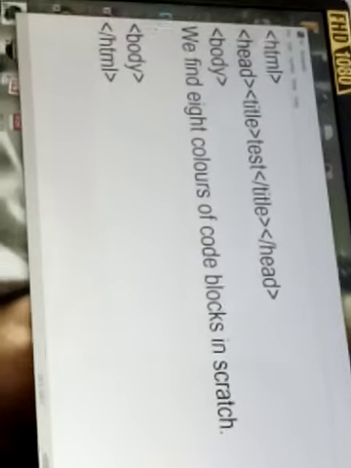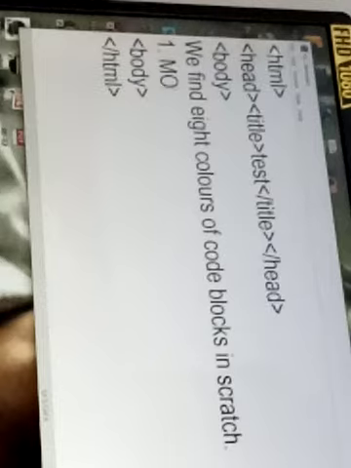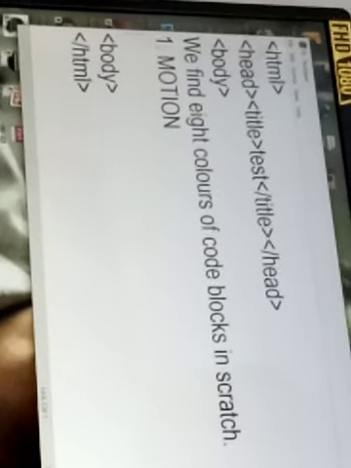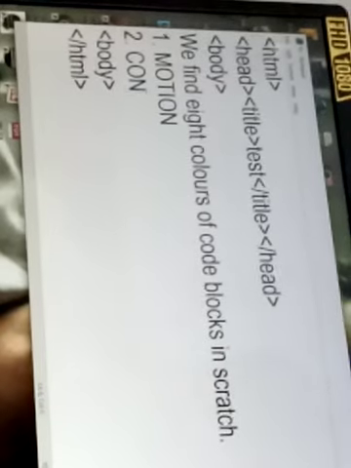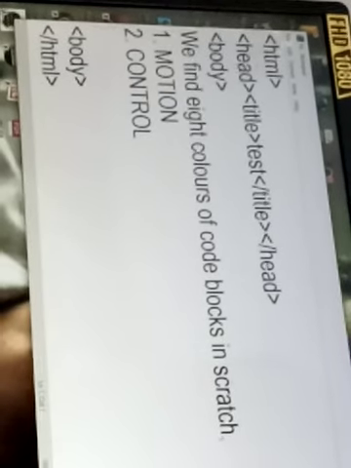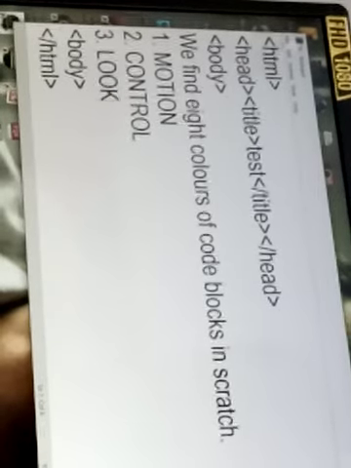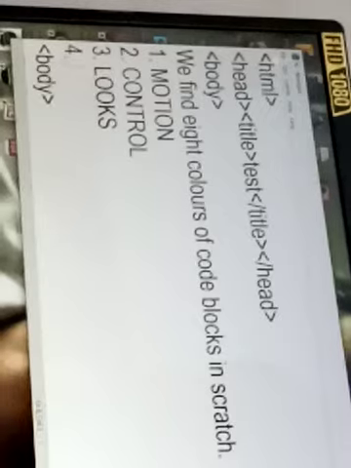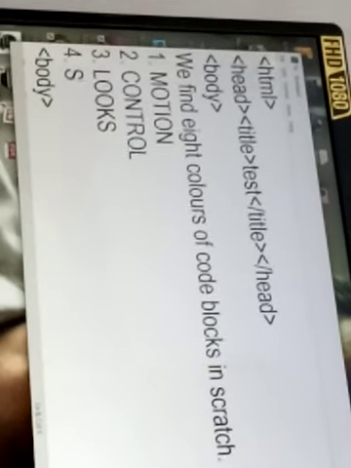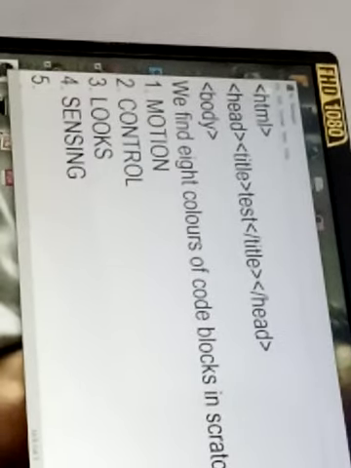Namely, we had seen that first was our motion, second was control, third was looks, fourth we had sensing, we all have used in class 7, isn't it?